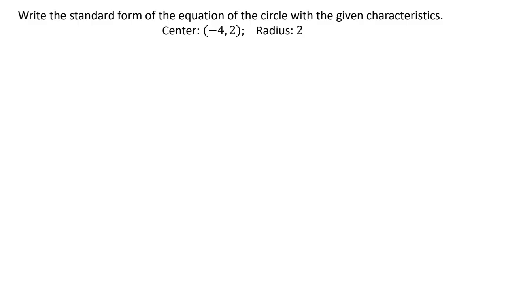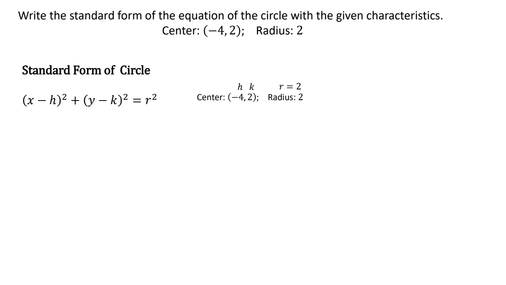So let's move on to finding the standard form of the equation of a circle. In this particular problem, they give us characteristics of the circle. They tell us that the center is at negative 4, 2, and the radius is 2. So let's recall the format for the standard form of a circle, which is given by this: x minus h